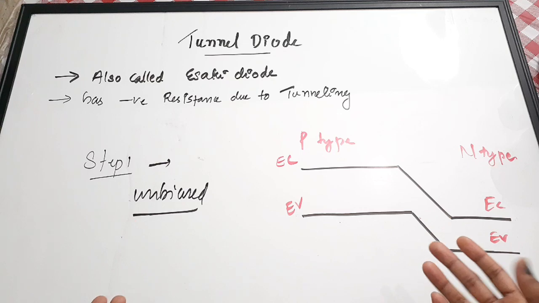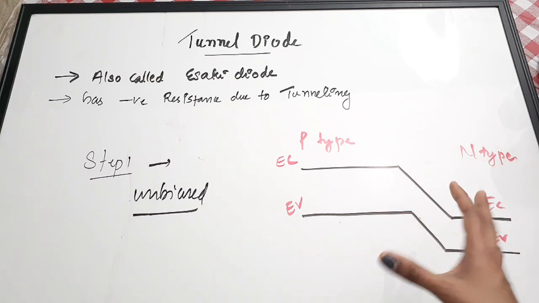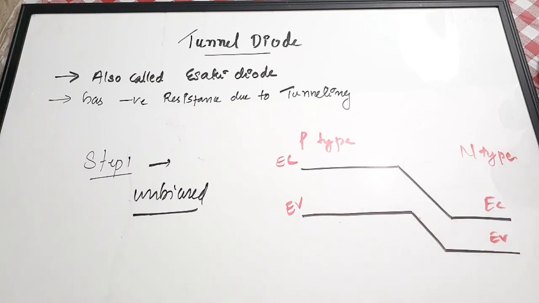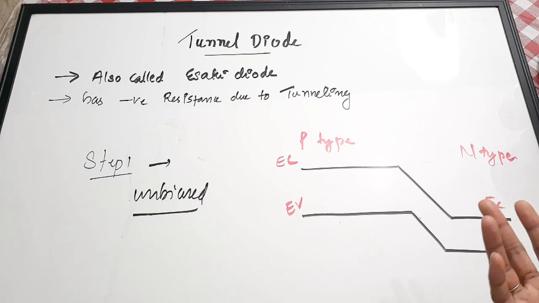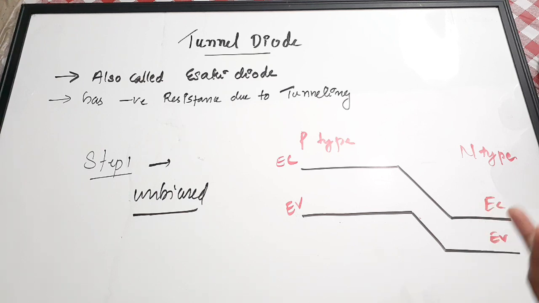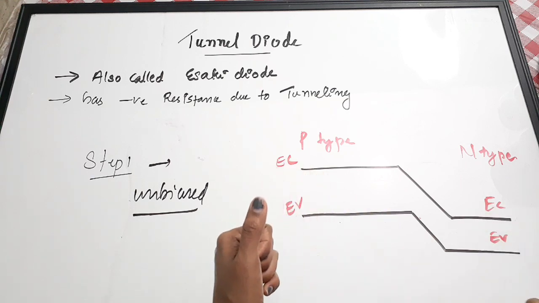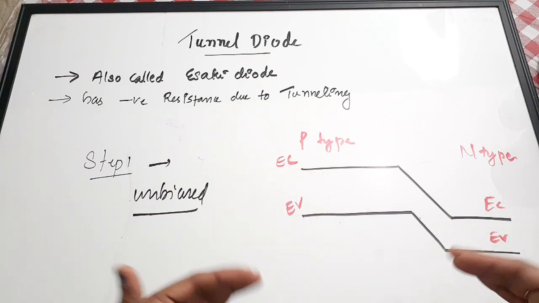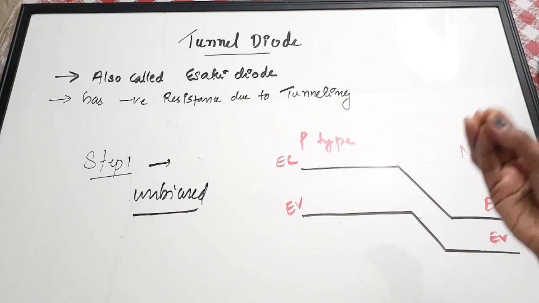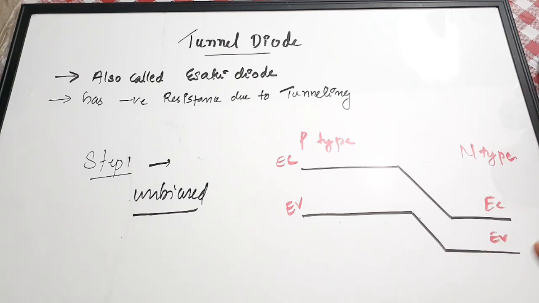Also, assume that this tunneling process is due to the temperature increase. There should be a small variation or increase in temperature; only then will the tunneling process happen. There is a slight misalignment, but this misalignment is overcome by the slight temperature variation. So when a slight temperature increase happens, this tunneling process will take place.